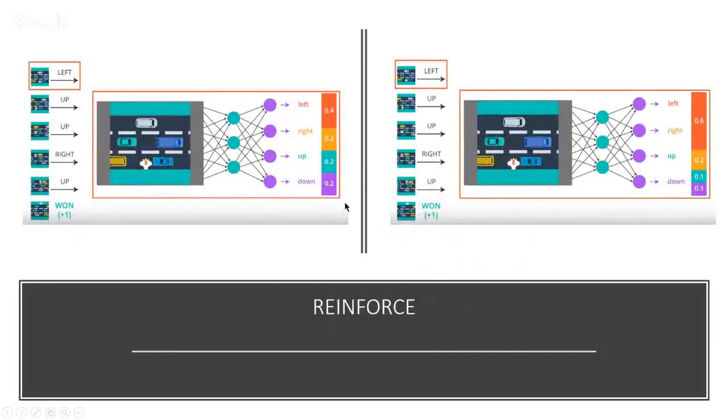So first of all, reinforce, I'll quickly review it. In reinforce, we reinforce good probabilities and discourage bad probabilities. When I input this state to the network, it gives out some probabilities of taking different actions. Here you can see left has the highest probability. The objective of reinforce is to increase its probability even more. So now it becomes 0.6 and the others become less. Similarly, we increase the probability of the action with the highest probability,